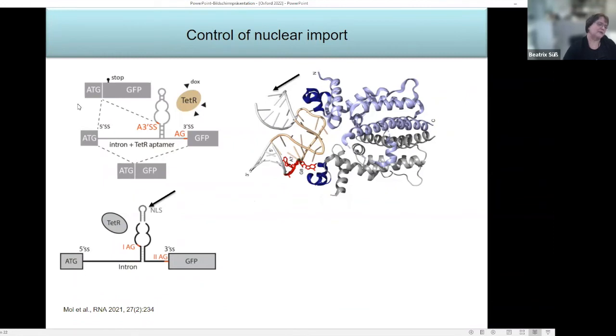And if you have a look into the electron density, then you see that the hydrogen bond between this GA and the protein is not as stable, so there may be a certain flexibility. So currently these are pure speculations, but